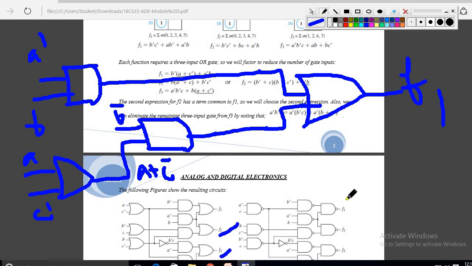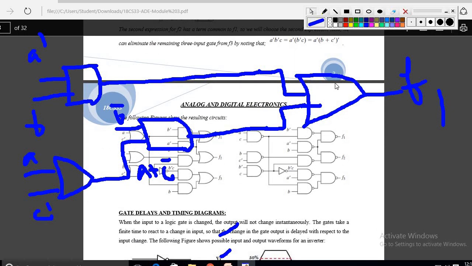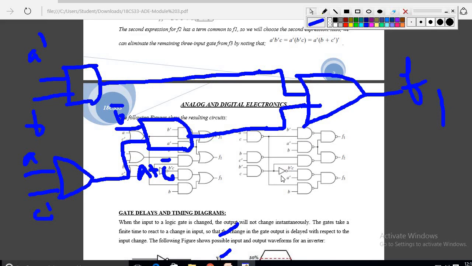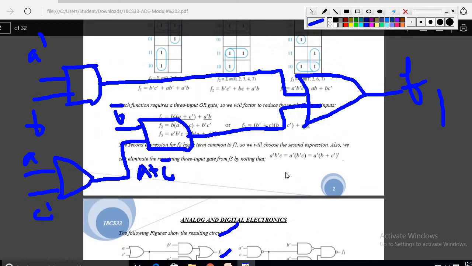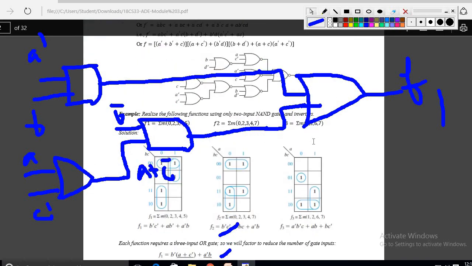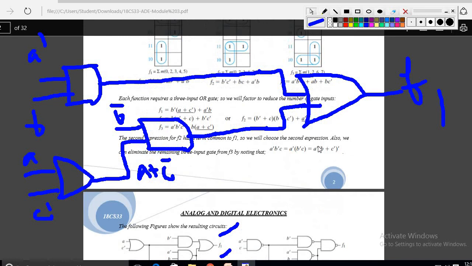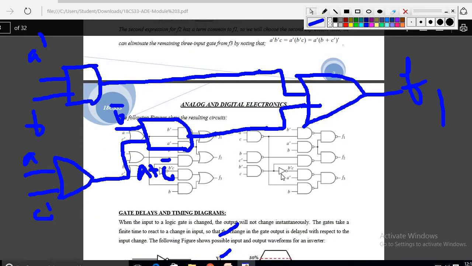Is it clear? Now you have got an idea how to write the simple expression as a logic circuit. But if you want to write it with NAND gates, wherever OR gates or other gates are there, you have to replace them with NAND gates. That's it. But the thing is, why I am not replacing the inverter: in the question they are asking directly for using inverters also. For that reason one of the inverters is required, so I am not replacing this inverter.